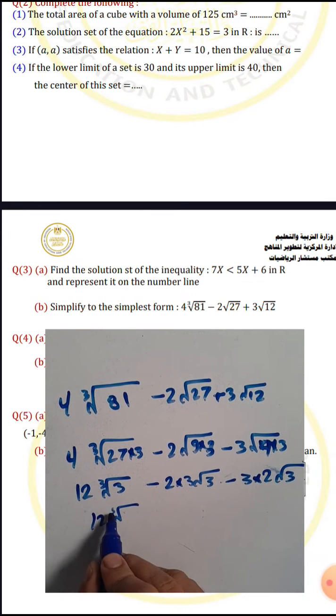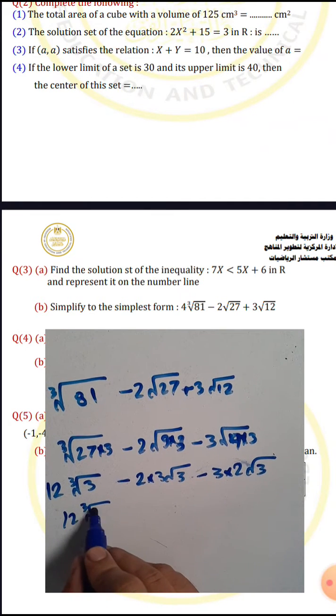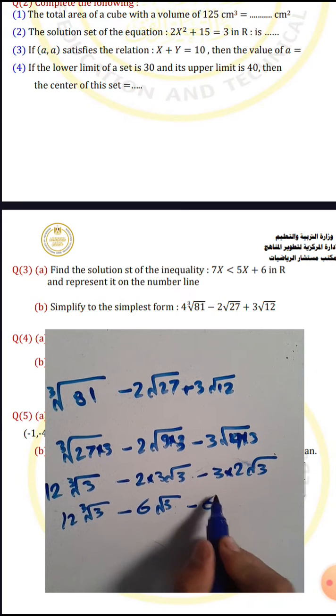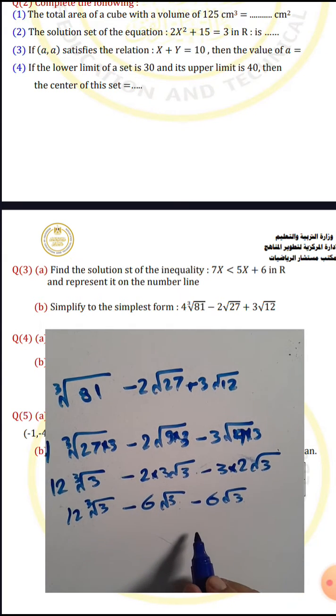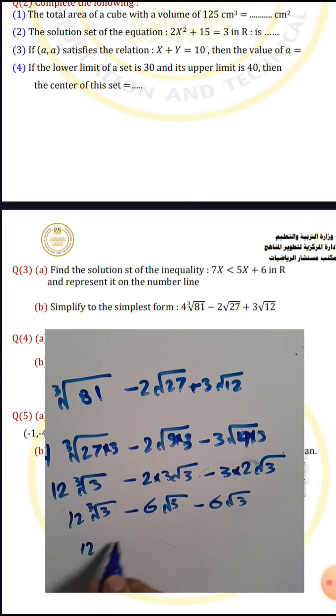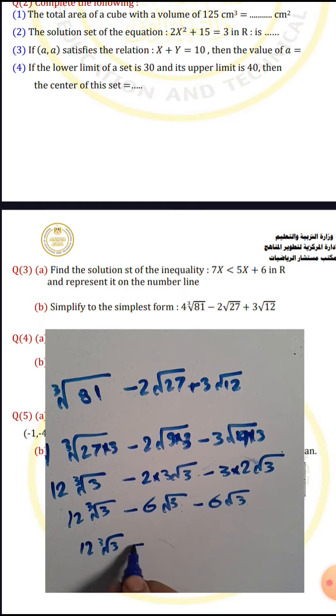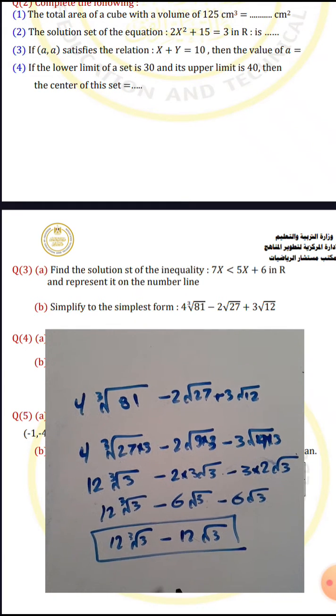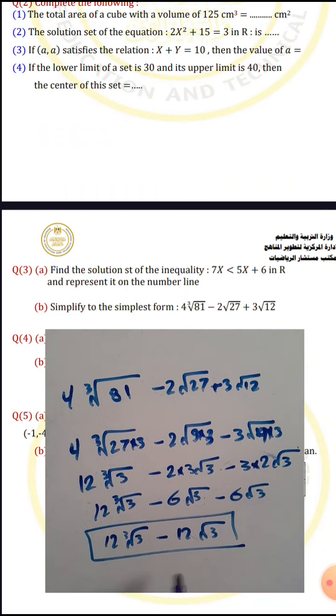Write 12 cubic root of 3 subtract 6 square root of 3 subtract 6 square root of 3. We can replace it and find the result here. It will be 12 cubic root of 3 subtract 12 square root of 3. It's the result of this example. Okay,